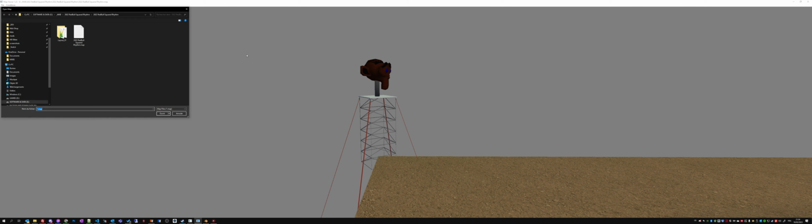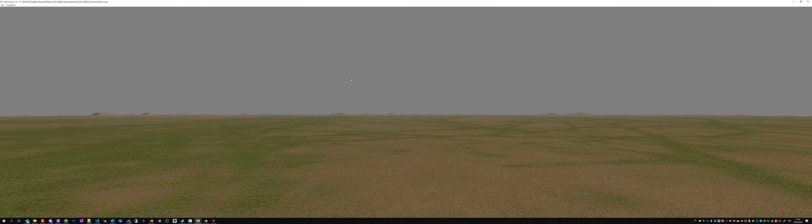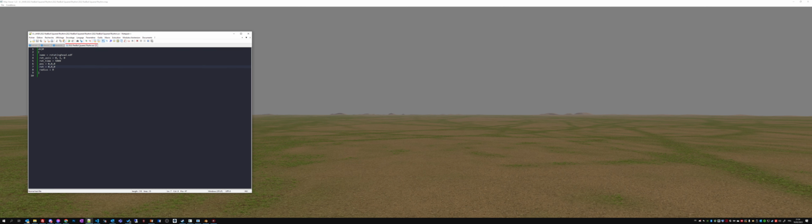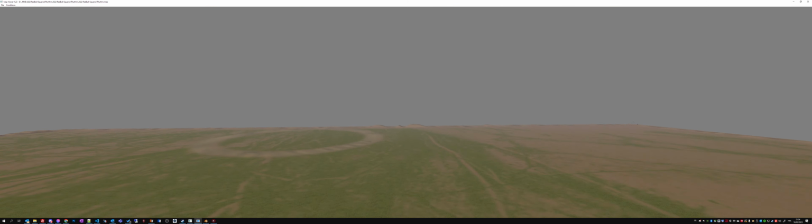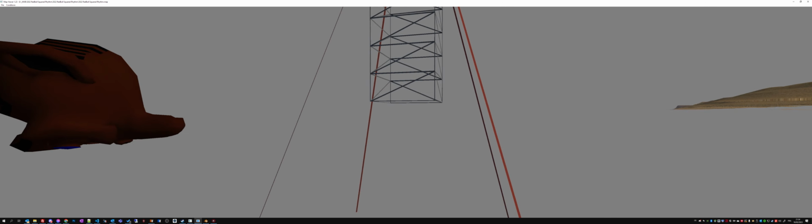So here if I open again. What's great is every time you edit this .scr file, you don't need to rebuild or anything. It's read as soon as you load the map in map view. So here is what's happening. As you can see, the face of the monkey is just looking down.